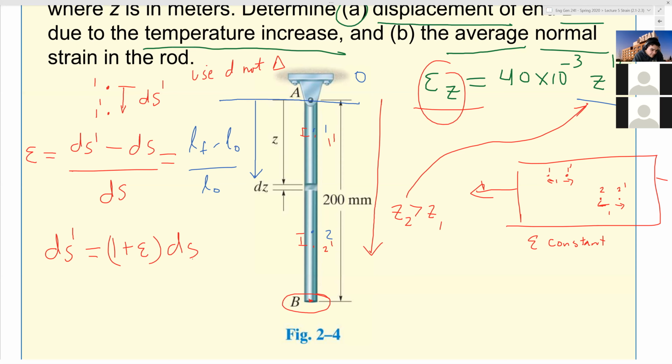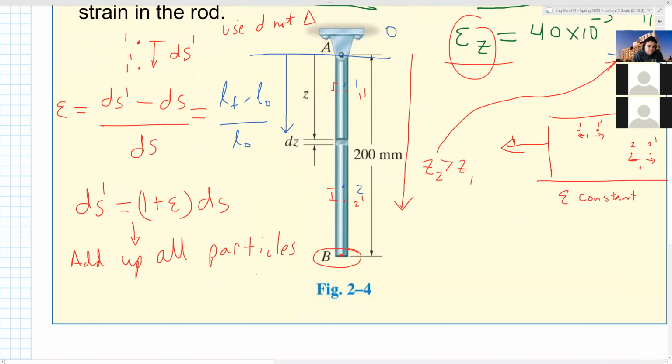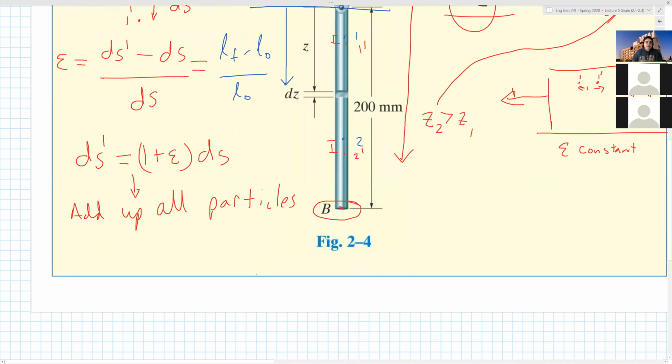So I'm going to integrate, add up, not one particle, but all particles. Again, this is the calculus way of doing it, right? So how do you add up all the particles? So then you're going to say your ds prime, right? You're going to integrate from 0 up to,